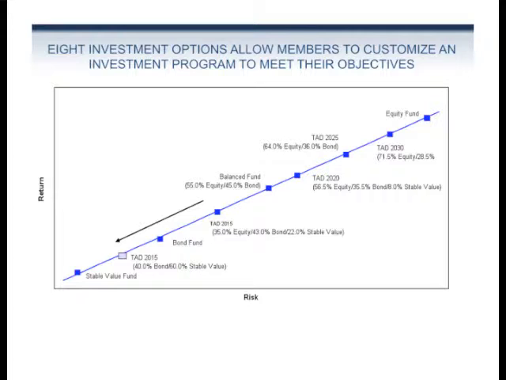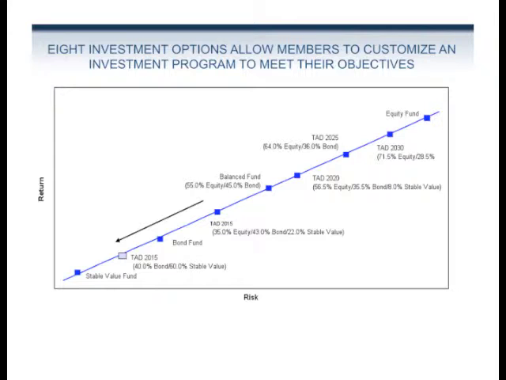And because of the volatility, the pension boards, this is a schematic of where our investment options fall on the risk-return spectrum. Risk is on the bottom axis, and return is on the left side. So the idea is the further out on the risk spectrum, as you move out to the right of that chart, you should get a higher return because higher risk should earn a higher return. So we've put our investment options on this to show what is the least risky, the stable value fund, and the most risky is the equity fund. But you get the higher return in the equity fund than the stable value fund.